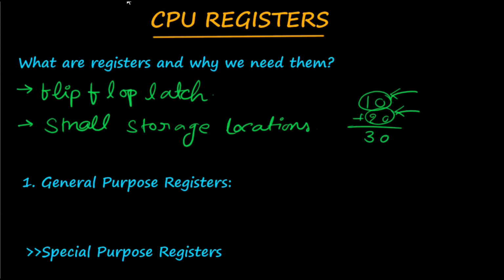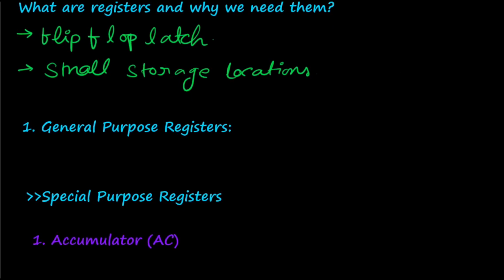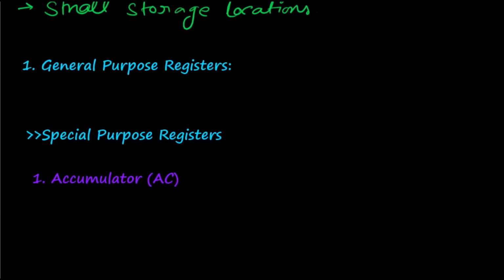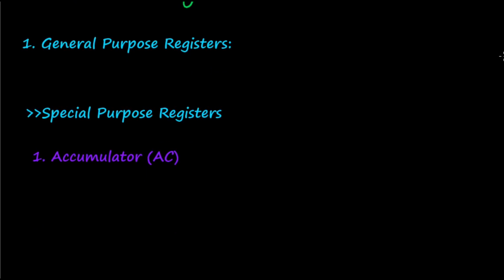Now, inside the CPU, we have different kinds of CPU registers. They have different purposes and we will learn them today. The first and most common CPU register is obviously the general purpose register. What are these general purpose registers? From the name itself you can take a guess if you don't know. General purpose means that these registers can be used to store anything, any general data.